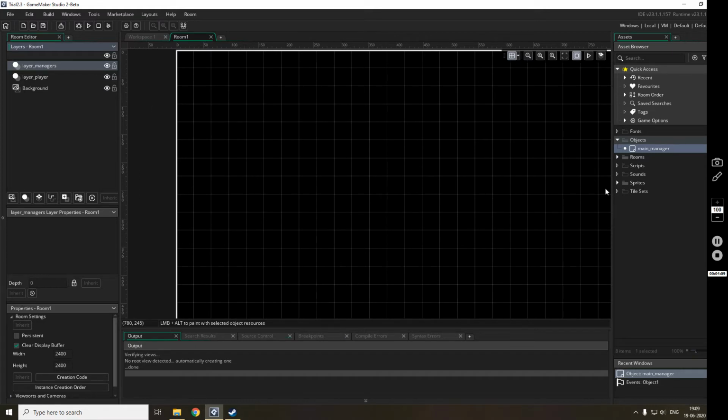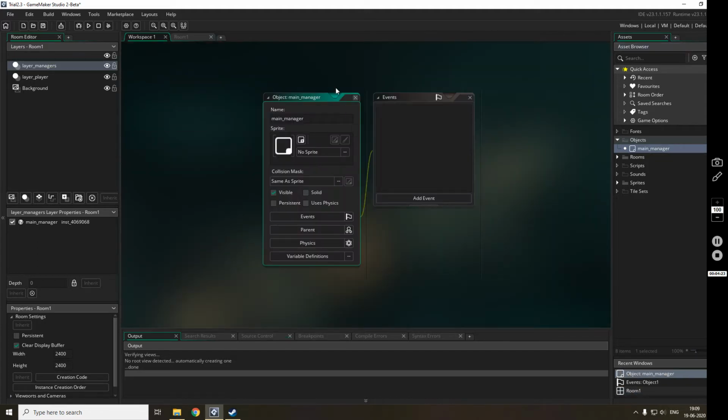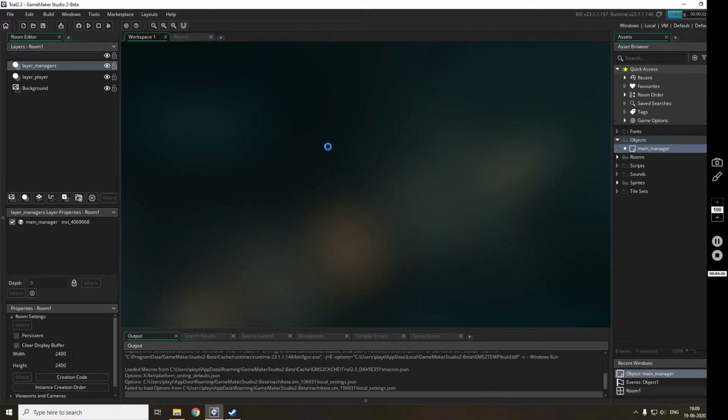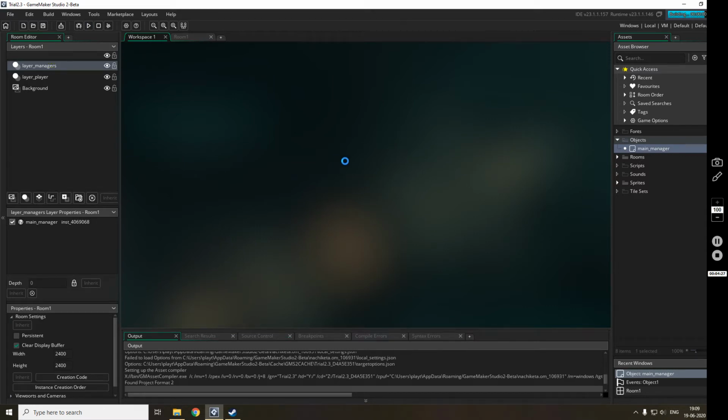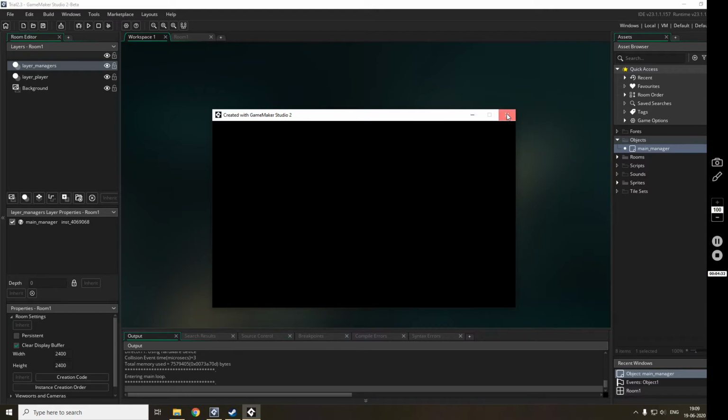This will be above all other layers other than UI maybe, but UI may not be created right now. So yes, I'll be dragging in the main manager. This is an empty object, there is no script in it yet, so we'll just see by running the game what happens. Yeah, so nothing, right?